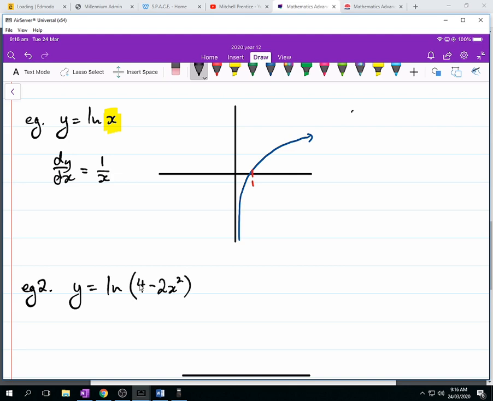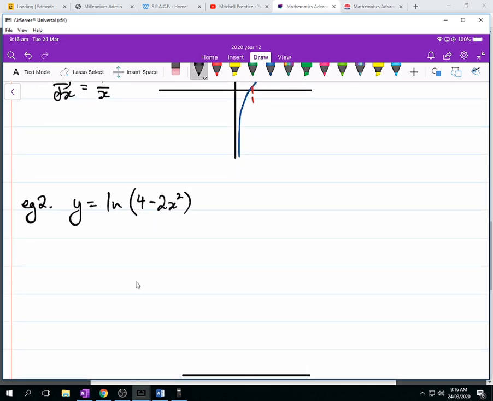Okay? If we want to differentiate this, we would just use our log law from our formula sheet that's saying that this is going to be in the denominator and the derivative of it is going to be in the numerator. So dy dx is equal to,